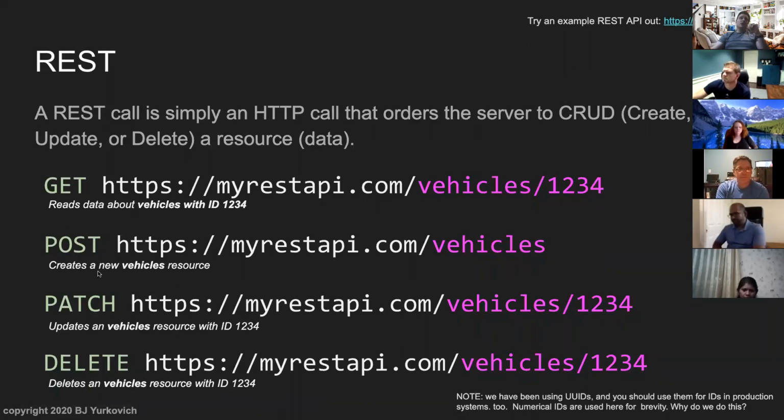A POST, we want to create a new vehicle resource, whether it's in a database or something, or in our case, as of like 2 weeks ago, we were putting it into memory, right, in our server. We were storing it in an array. And so we just post to the vehicles resource and say, I want a new vehicle to be created. You might say, wait, where's the data? Well, the data is the payload part of this, and that's where the JSON comes in. We'll get to that. If we wanted to update the vehicle resource of 123, we do a PATCH.